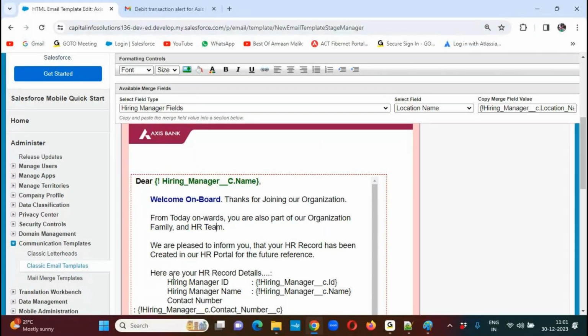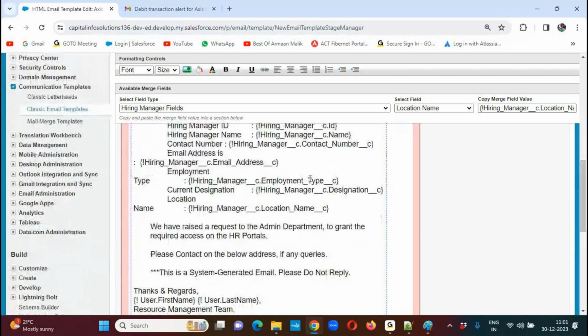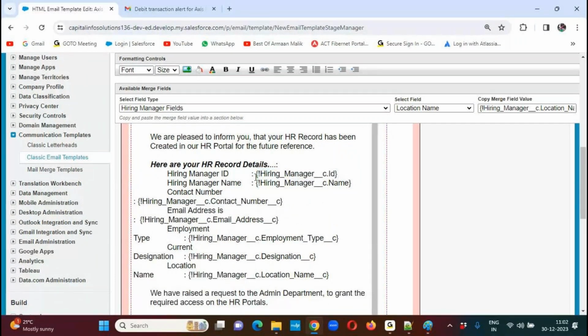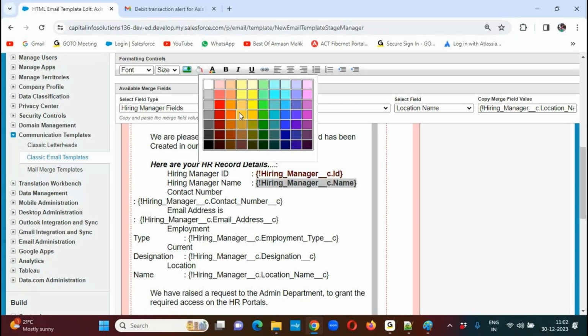Now I would like to indicate here are your HR recorded details. I'm making it bold and then italic. Now I would like to show the hiring manager ID. This will be in bold format over here. I want to show it with maroon color. Hiring manager name I would like to show bold with the violet color,